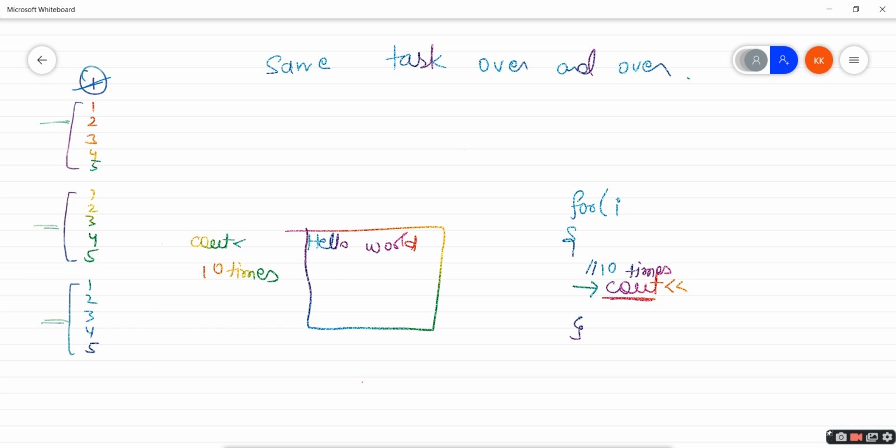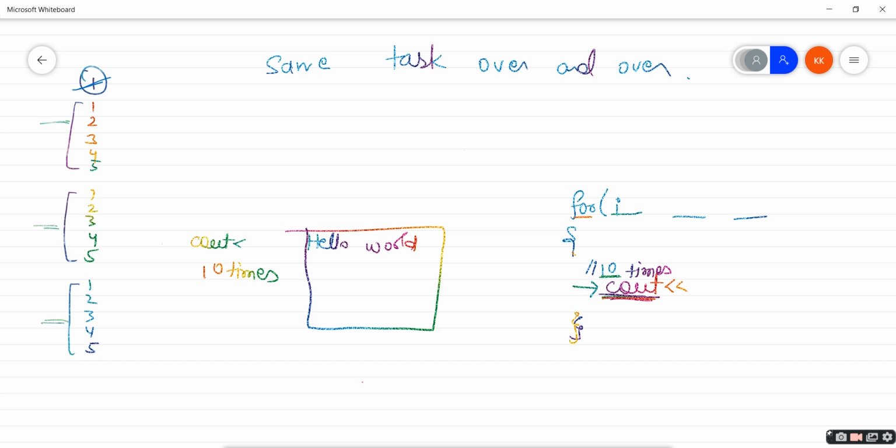And we have learned in our for loop, if there is something which is going to repeat, I can use a for loop, right? How many times does this cout need to be executed? 10 times. So I need to have three expressions here, something which is going to execute this cout 10 times.